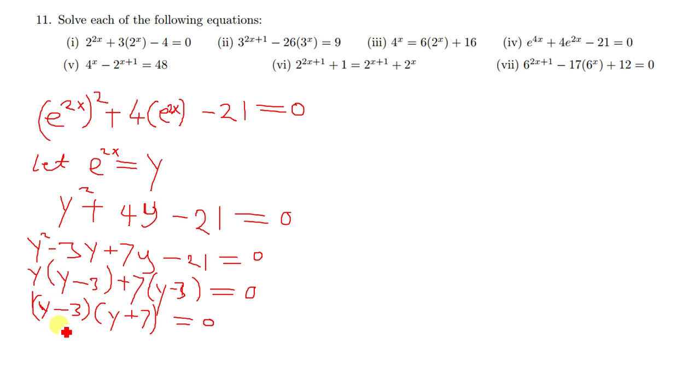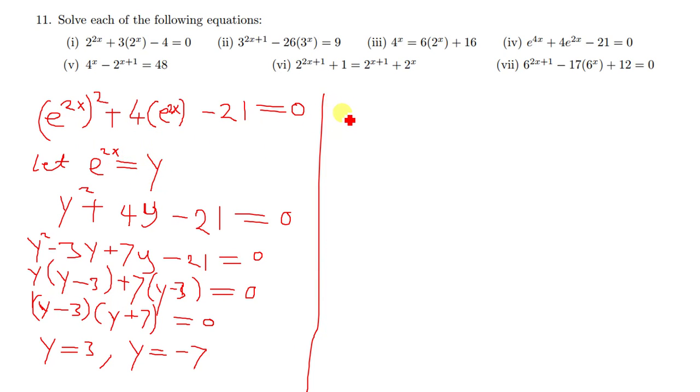So from there you can now equate your y minus 3 to 0 and your y plus 7 to 0. So when you equate y minus 3 to 0, you're going to get your first value of y to be equal to 3. Then the second value of y will just be equal to negative 7. So from there, we know to say y is supposed to be equal to e to the power 2x. What we've been asked to find is x and not y. So meaning where there is y, we're going to put